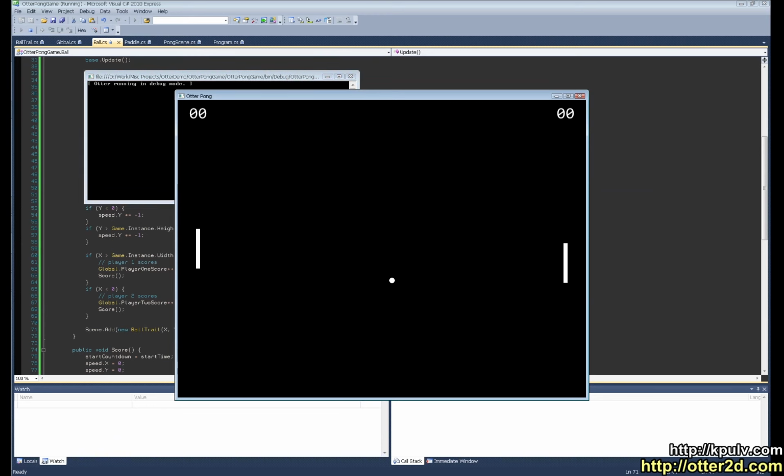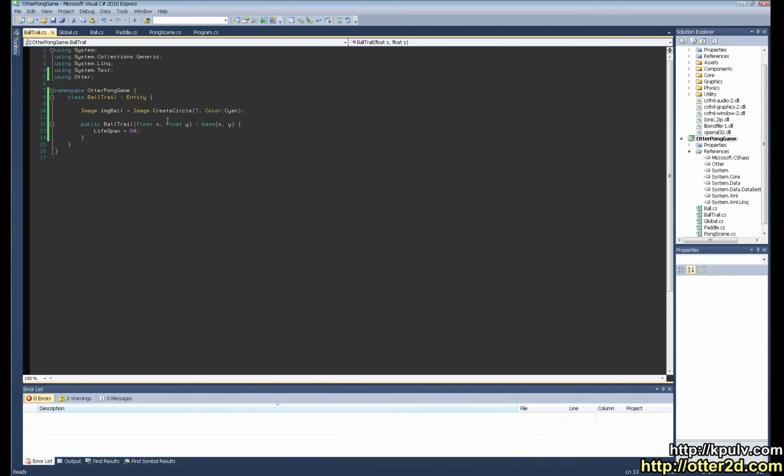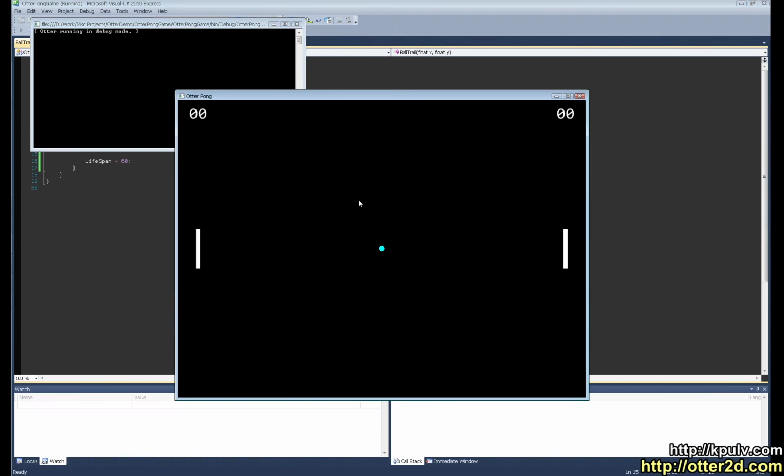Okay, nothing. Well, I know why. Because I'm stupid. I need to say set graphic image ball. Now I also need to say image ball center origin, otherwise the images won't line up. Okay, so yeah, we got a little trail,